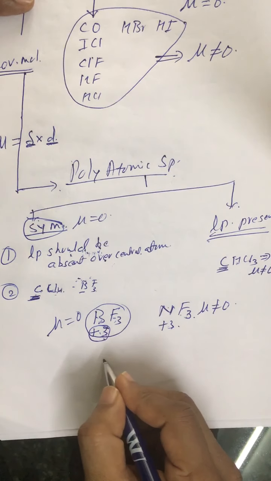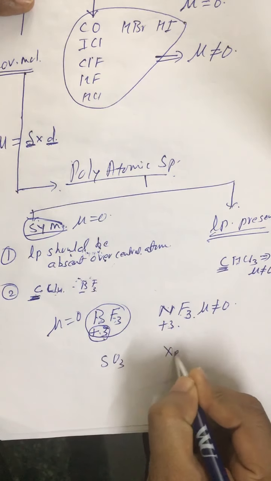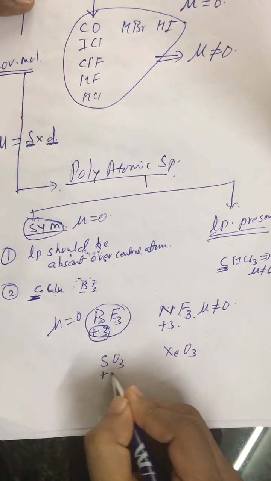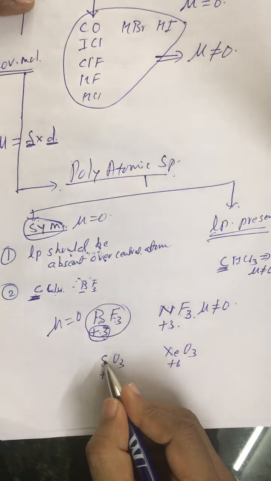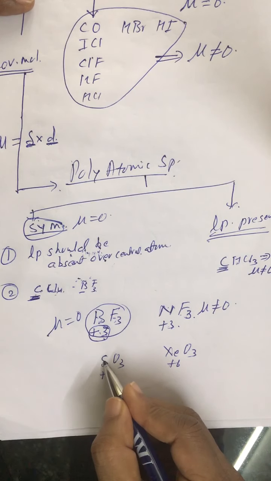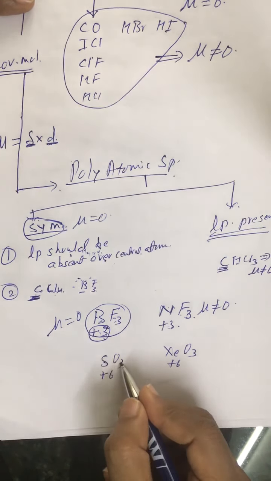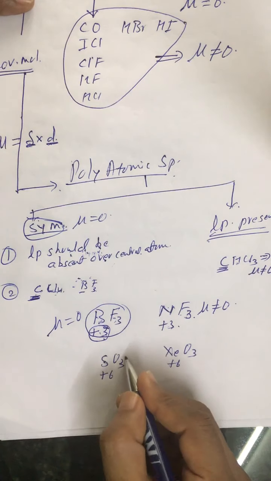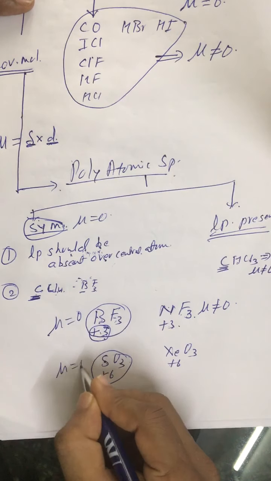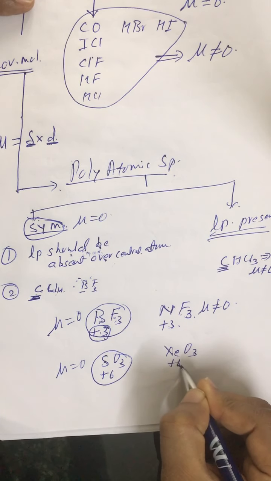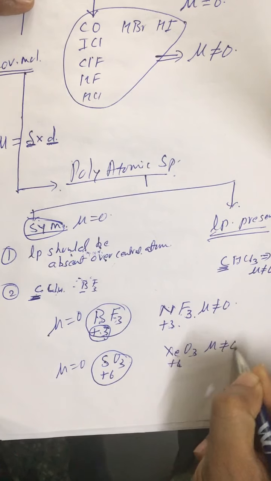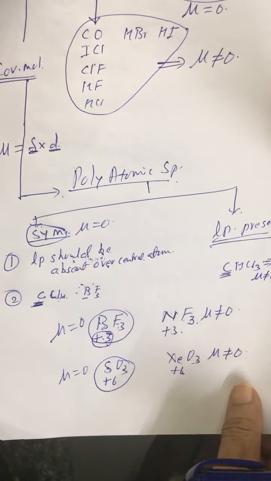Now look at one more case. Say we are given SO3 and XeO3. Again +6 and +6. Now in SO3, this is the highest possible oxidation state, since for the oxygen family s2p4 is the configuration. And now similar atoms are bonded, so both conditions are obeyed. That means the dipole moment of this molecule is zero. In XeO3, it is +6, but this is not the highest possible oxidation state. That means LP is present. The dipole moment is not zero; the dipole moment is positive.